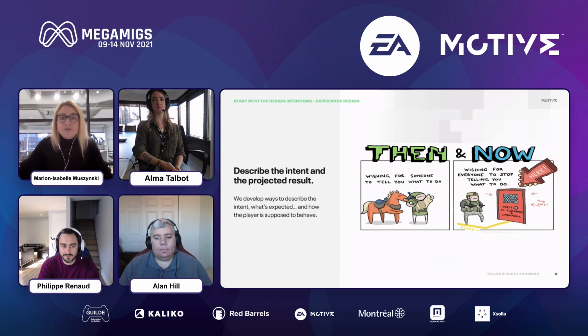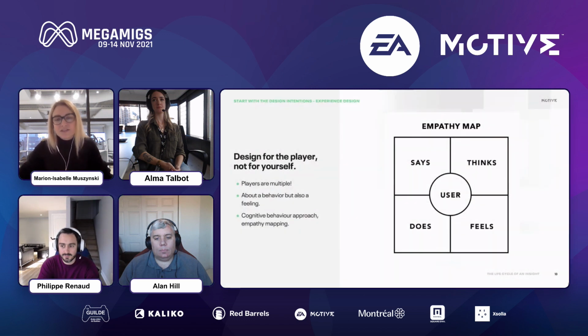Empathy mapping is a great way to develop a deeper understanding of the player we are designing for. It externalizes the knowledge about them in order to create a shared understanding of the user needs, and it helps in decision making. It puts the focus on the player as an active component of a creative process. This is what we mean by player-centric. We need to deeply understand the users, but we must also be able to help our colleagues understand them and prioritize their needs. It is a first step in the well-known methodology of design thinking.